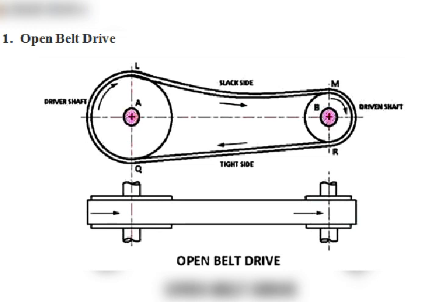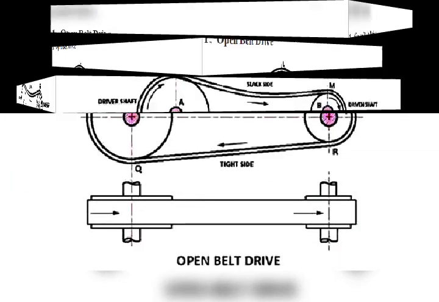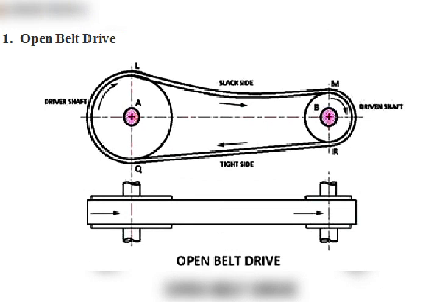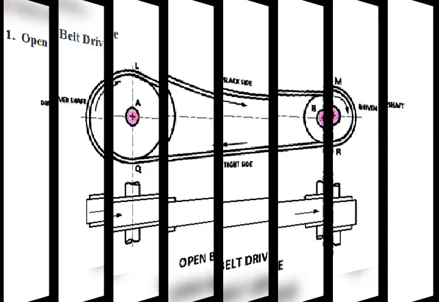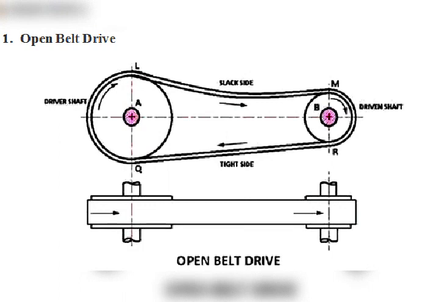In this open belt drive, the belt is employed when two parallel shafts have to rotate in the same direction. This is one more very important concept: if you want rotation in the same direction, we have to go with the open belt drive. That is one of the conditions. When the shafts are far apart, the lower side of the belt should be the tight side and the upper side must be the slack side. This is because when the upper side is the slack side, it will sag due to its own weight, thus increasing the arc of contact.